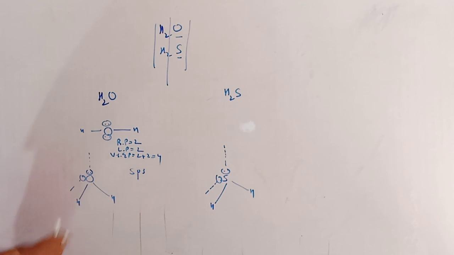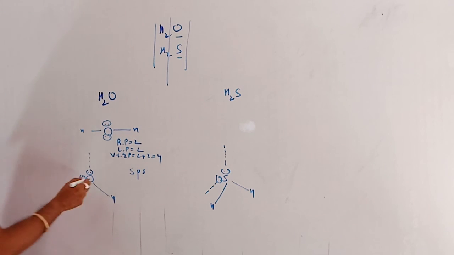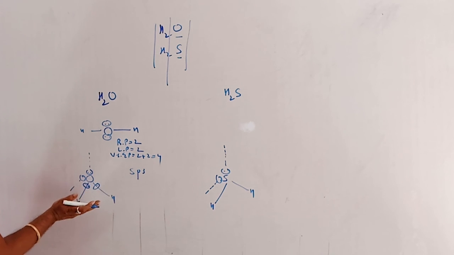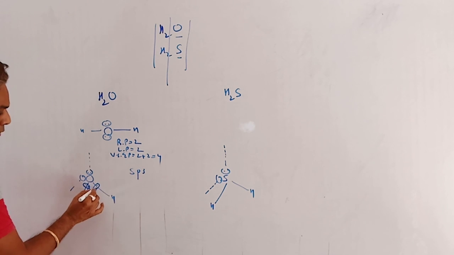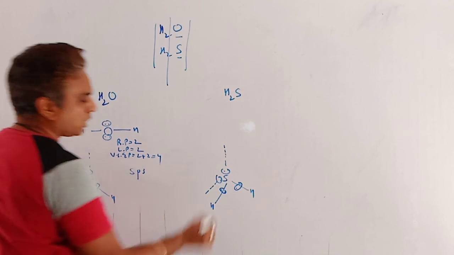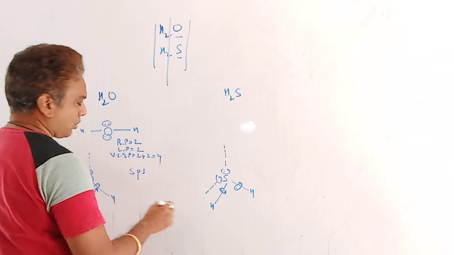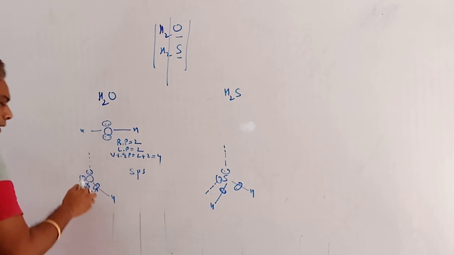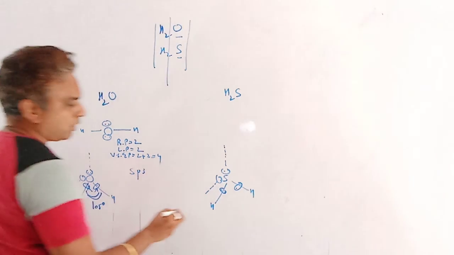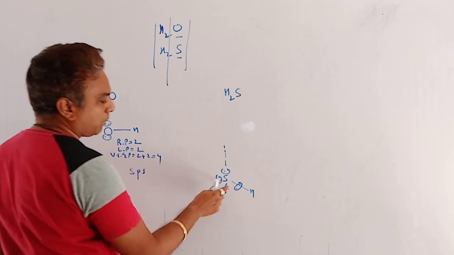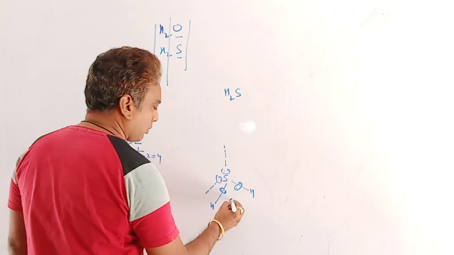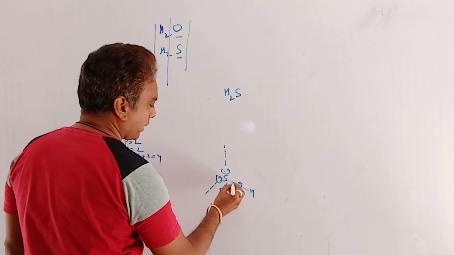But in the case of oxygen, since the electronegativity of O is greater than S, the shared electrons shift towards the central atom. So bond pair repulsion increases as compared to sulfur, whose electronegativity is less than oxygen. If bond pair repulsion increases, then bond angle increases. Here it is 105, but in H2S, due to weak repulsion between bond pairs, lone pair repulsion dominates over bond pair repulsion and the bond angle is approximately 91 degree.